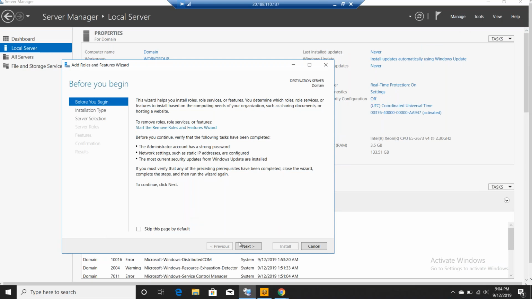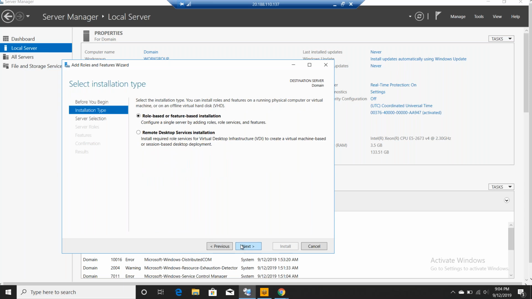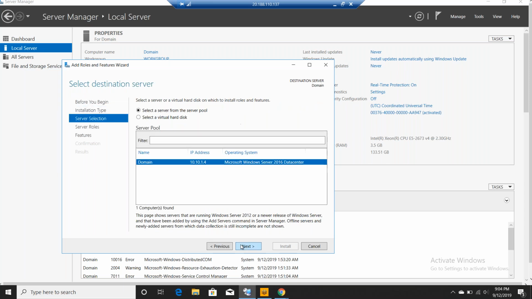I'm going to click on next, and we are on the domain server. That's the reason it is showing the name of the computer, domain, IP address 10.10.1.4, right? That's the IP address of this computer. This is Windows Server 2016 Datacenter. So we go next,